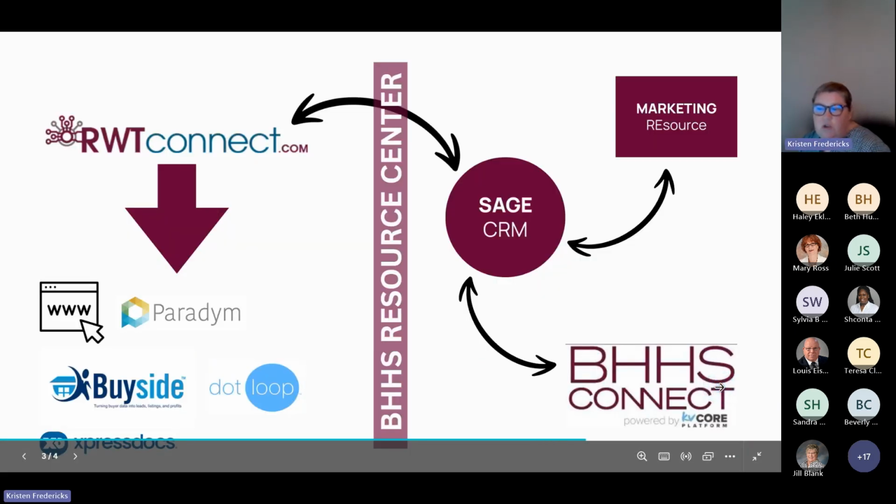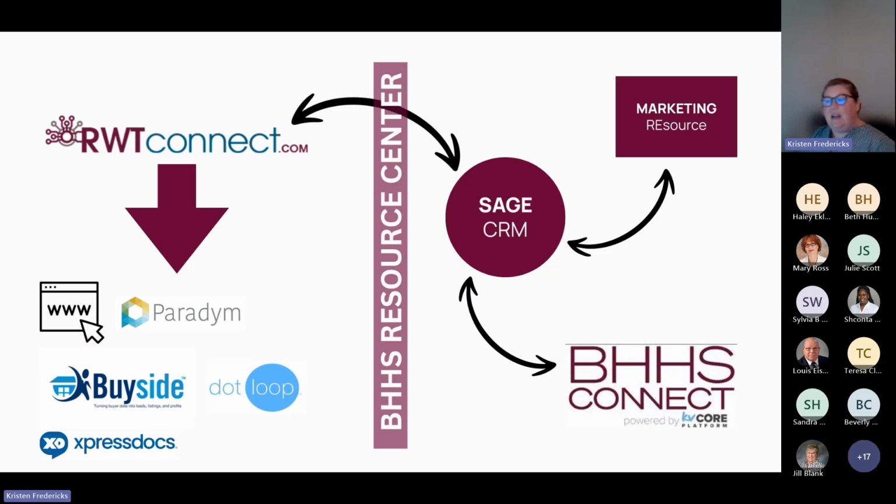I also wanted you to know that this is not replacing anything that we currently have. However, it all talks to each other. So this is kind of a weird graphic, but I wanted to be able to see what has been done here. On the right-hand side, you're going to see things that you're familiar with from BHHS Resource Center. So those are going to be things like the Sage CRM Marketing Resource, BHHS Connect fits in here as well. And on the left, you're going to see